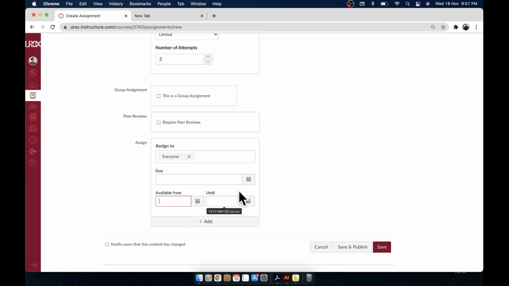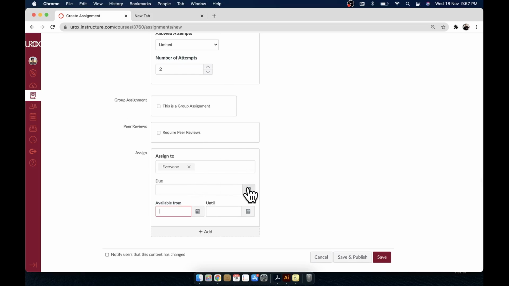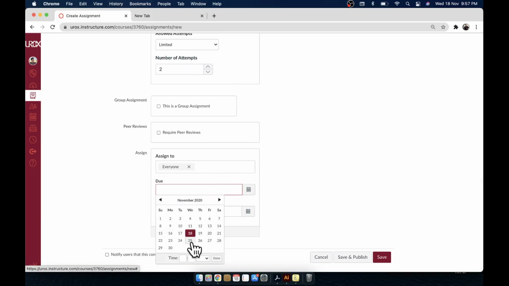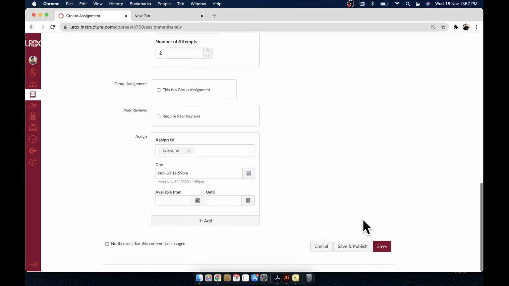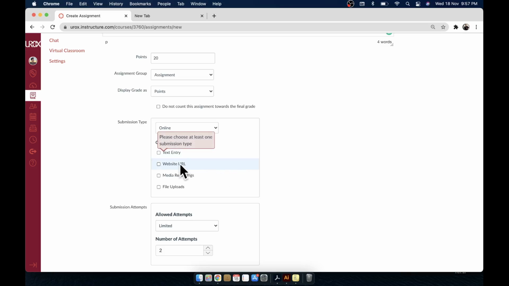Whichever submissions come after the due date but still within the until section, you can consider as a late submission. So if you have already assigned this, let's say I'm going to assign it until 30th of November, just for fun, all right? And then you can save it up. So I need to put here, because this is an online